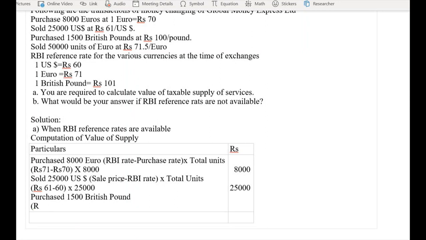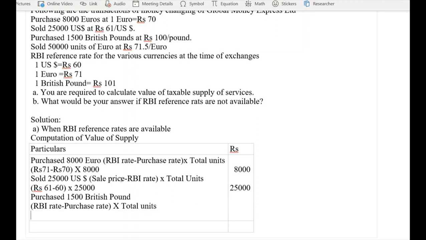So RBI rate minus purchase price or purchase rate multiplied by total units. So 101 minus rupees 100 multiplied by 1,500 units, that comes to rupees